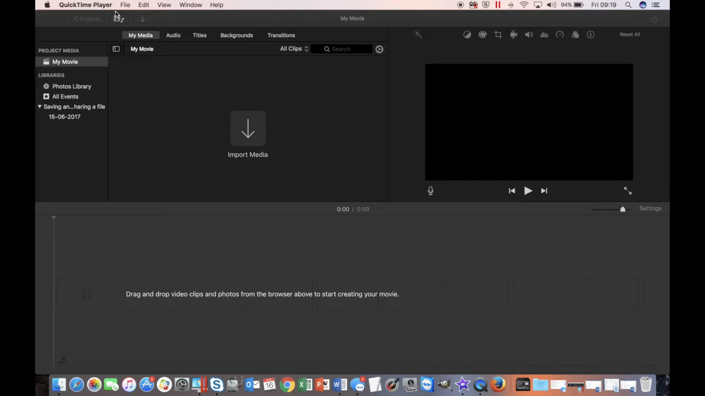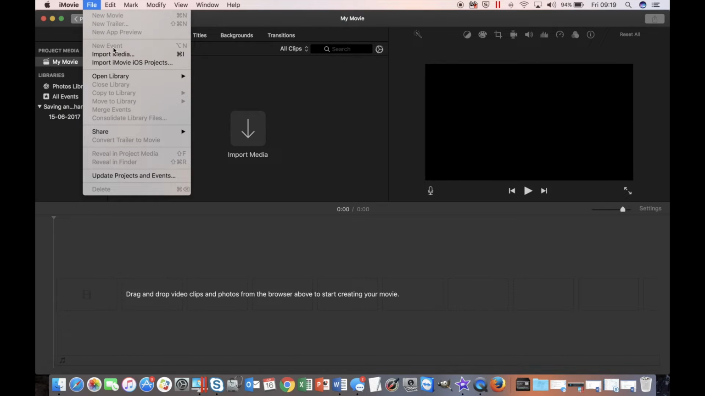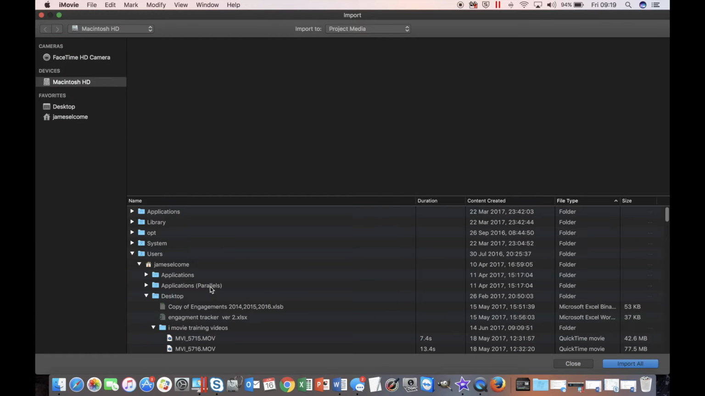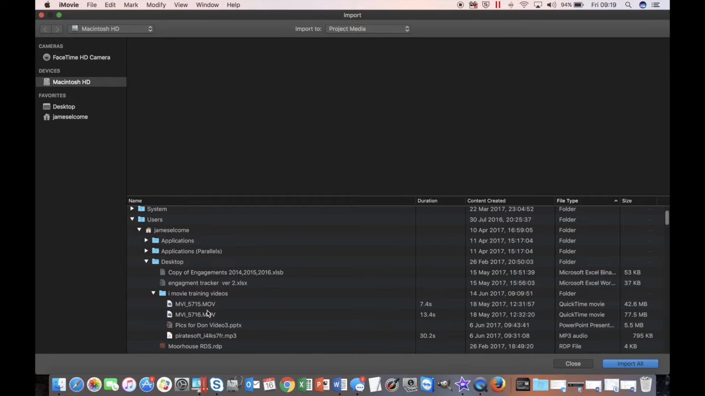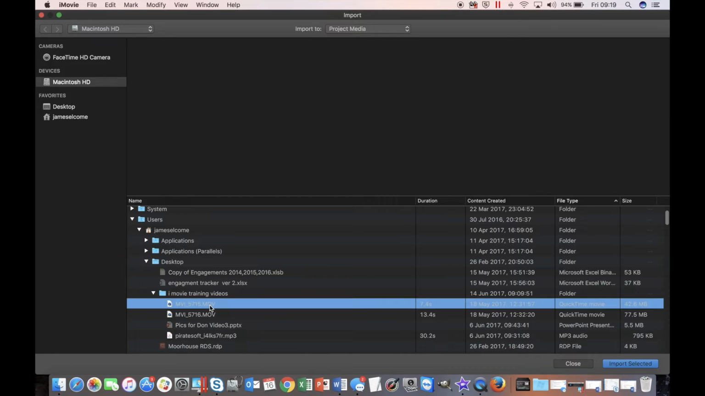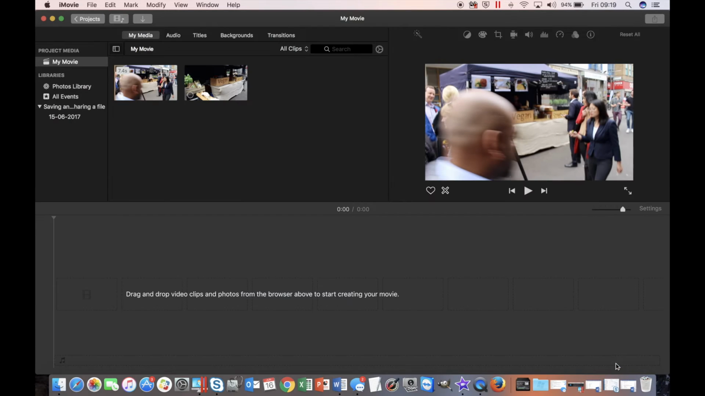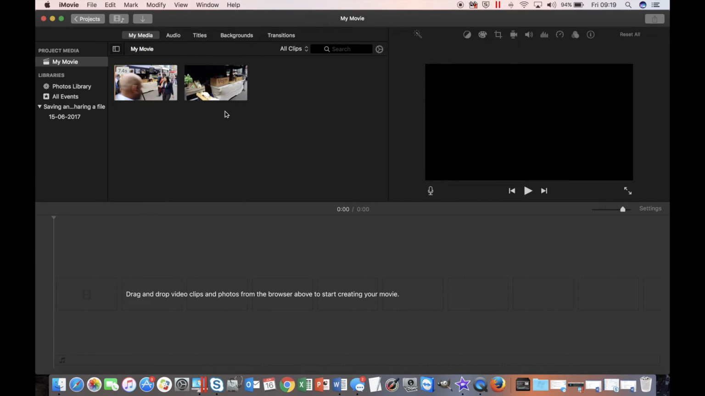So to import your video clips, it's quite easy. You come up to the File, Import Media, and you'll get this other interface and just click on the clip that you want. In this case I'll just do 2 and import selected, and then they'll come over here on the left side